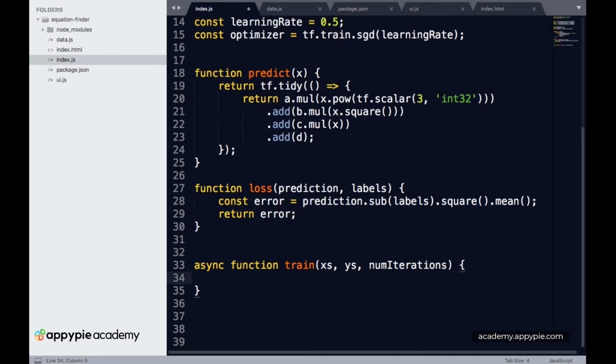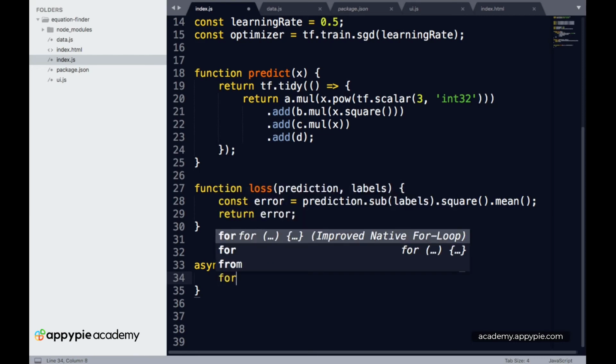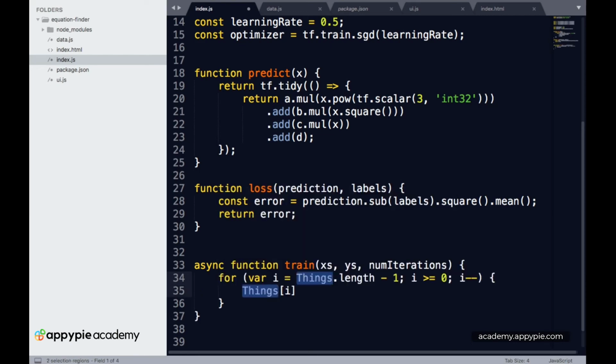Okay, so now all we have to do is start a new for loop. So over here we have a variable i, and now let's just make i equal to 0 initially, and now we have to run this until i is less than the number of iterations, and we have to basically increase the value of i.